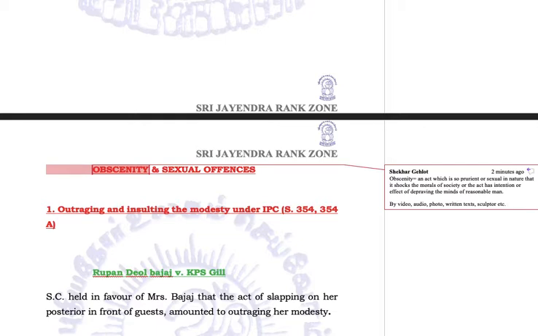Okay, so obscenity means an act which depicts a sexual act, or describes a sexual act, but it describes it in such a nature that it leads to depravation of the mind of a reasonable man, or it shocks the morals of the society. It is so sexual in nature and so vulgar in nature. Every society has its own standards, so we follow the standards of the society. And what are the standards of the society? They are not defined here. They depend on a case to case basis.